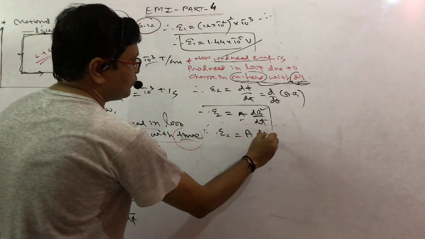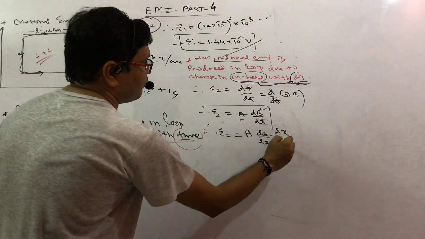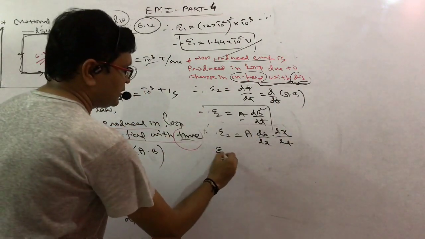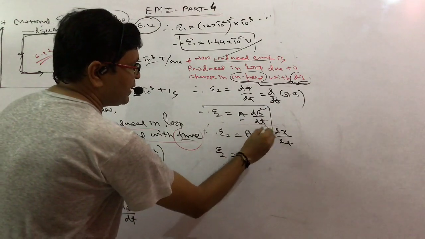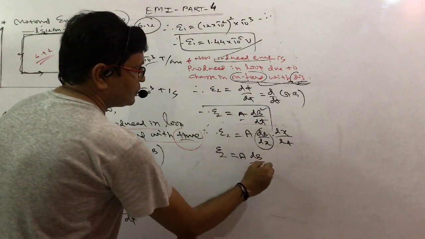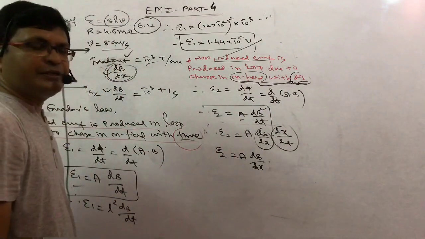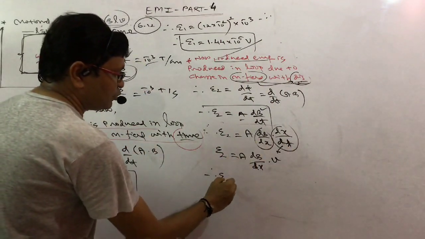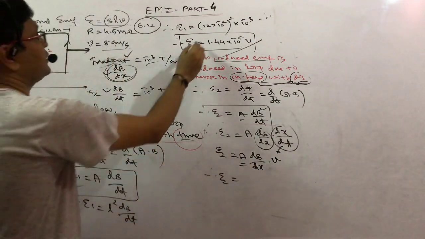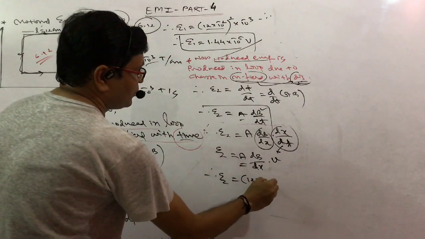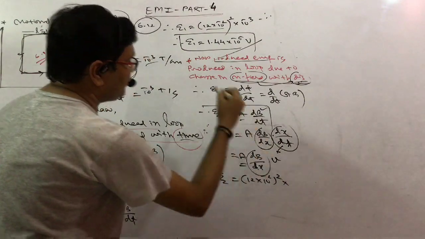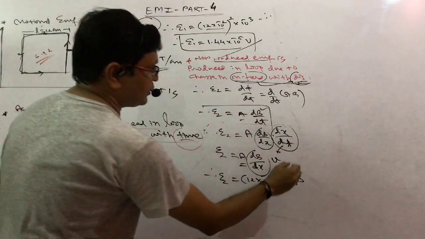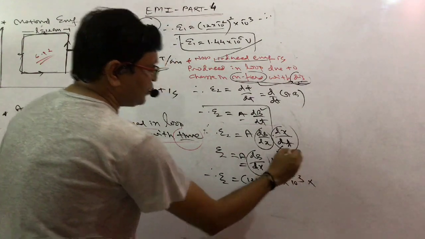So how can you obtain dB by dx? So for that we have to think about some mathematical moment। You can see divide and multiply by dx, so it is dB by dx। And what do you mean by dx by dt? Differentiation of distance with respect to time, it gives speed। So epsilon 2, area already we can say that here 12 into 10⁻² the whole square, dB by dx already with you 10⁻³ Tesla per centimeter, and speed already with you।